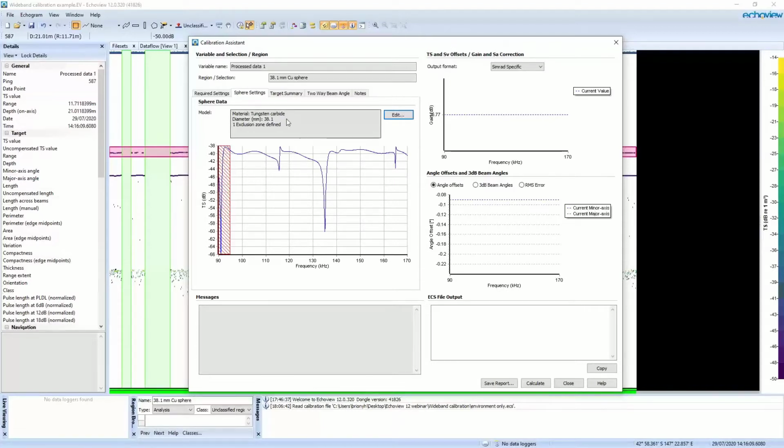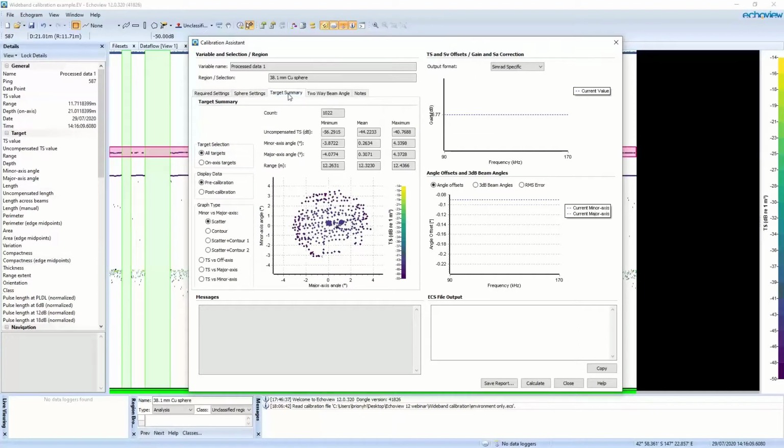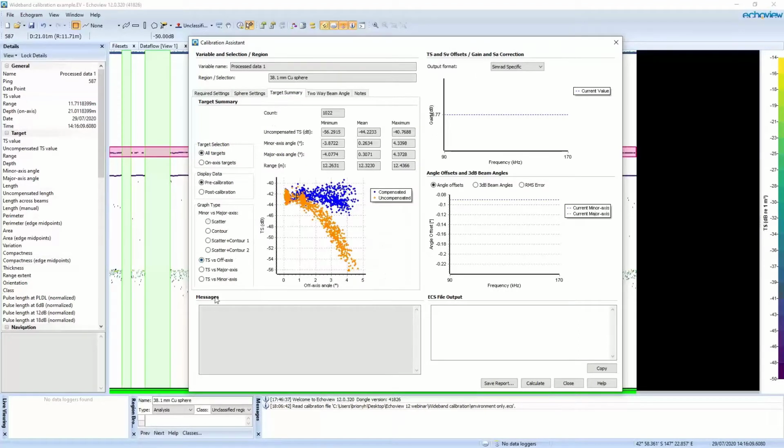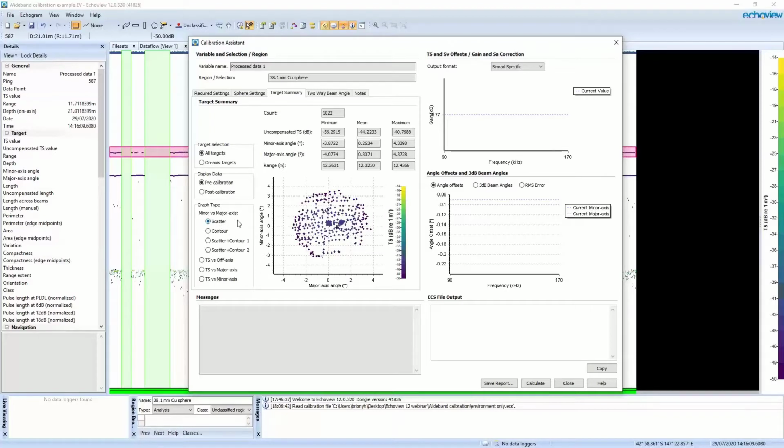Moving on to the new graphs in the Calibration Assistant. We had a couple of graphs in this assistant in the last release, and we've expanded that further in this release. 4 graphs here, where my mouse is, are our new graphs in this release. So we have a scatter graph, a contour graph, and combinations of scatter and contour. This is a useful tool just as a bit of an overview of your data, and to also make sure that the transducer is performing as you would expect, that there's no immediately obvious problems which might happen if part of the transducer had failed.